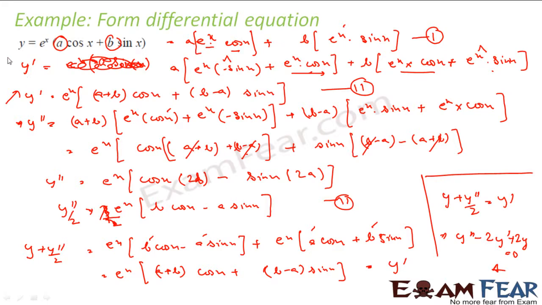The only thing is we have to find y dash and y double dash. So we have three equations. We could have done this another way also. We have y and we have y dash, two equations. From these we could have found the values of a and b and put them in this final equation. But that was a little difficult for me, right? Because finding a and b is a little difficult, because this guy is in terms of a plus b form and this guy is in a form. So what I did was I just used these equations and arranged them in such a way that I got the answer.